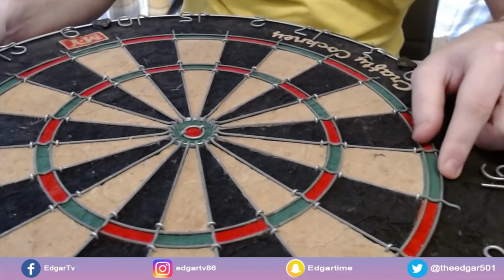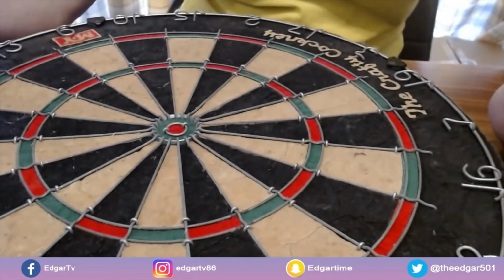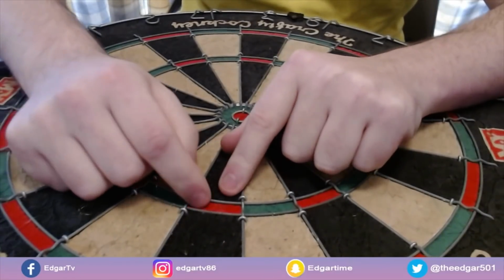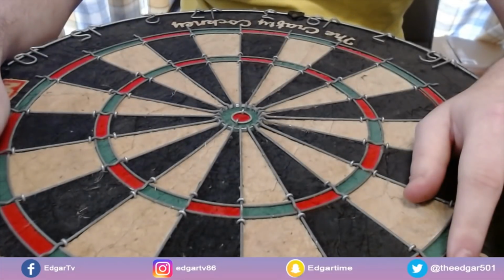So for example, if this were the outside wire and you see it actually makes the target smaller, it does work the other way round as well. Let's say you was trying to fill up the treble 20, for example, and you got a dart right at the top and you could just grow the treble, make it a little bit bigger. So there's play actually within the wires as well, which makes it a little bit awkward when we're trying to